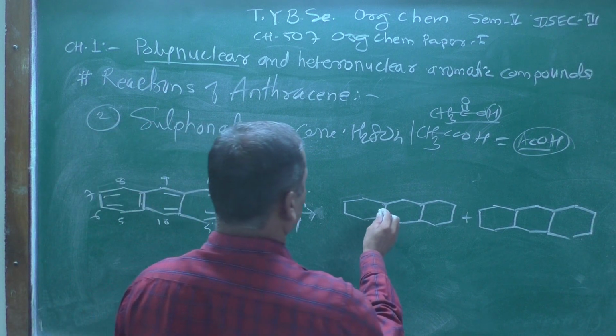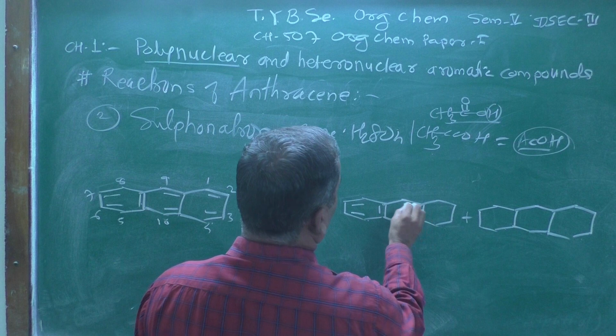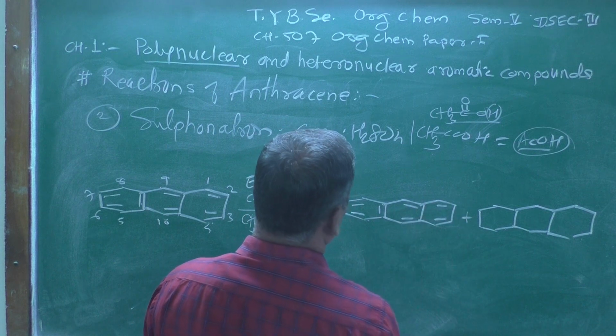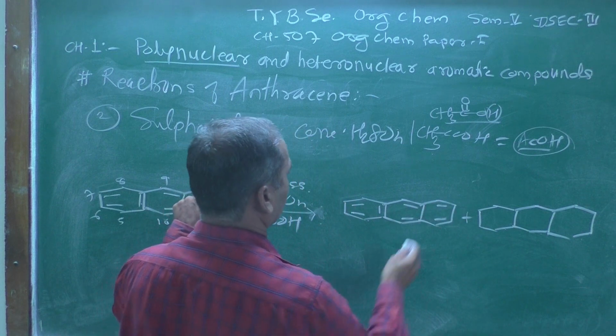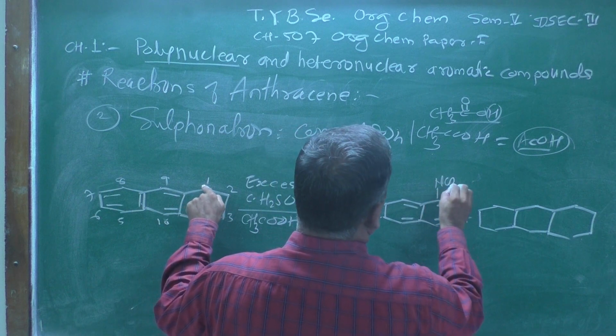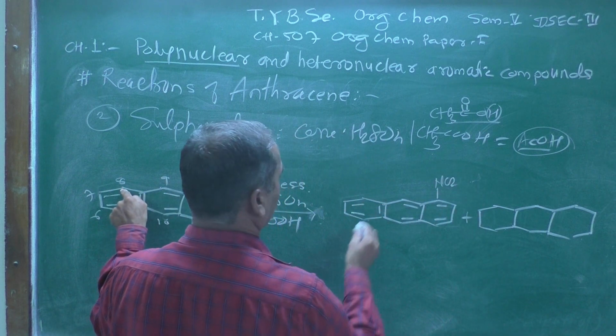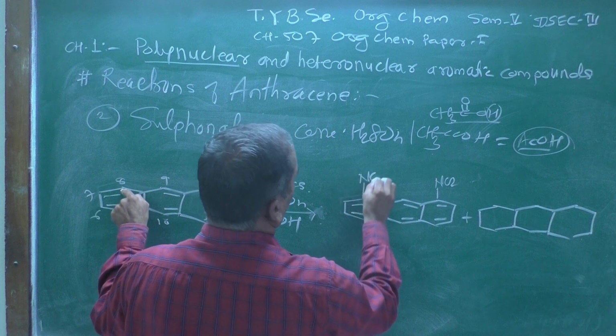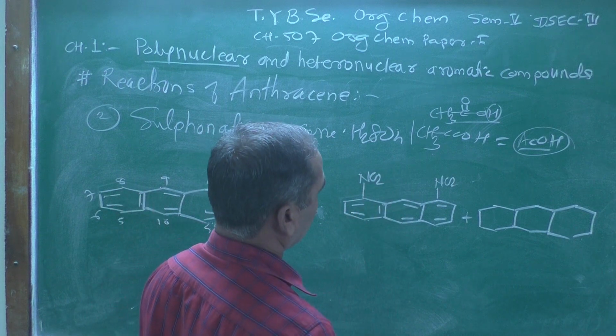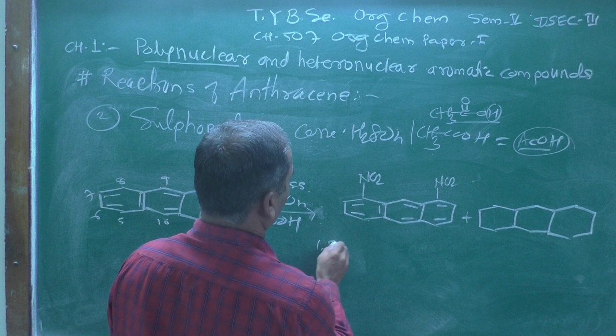For 1,8, 1 is here, so the group is introduced at this position, and at 8 the group is present, so we can call it a 1,8